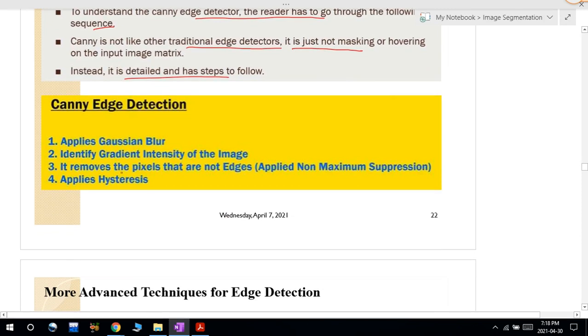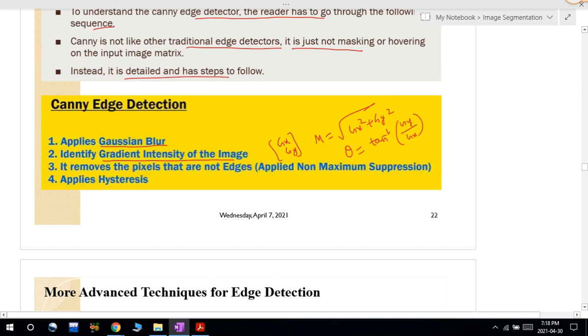I can say it is the Canny edge algorithm. First I need to apply a Gaussian blur, so the Gaussian filter is applied. After this I will find the gradient intensity of the image. The gradient operator is nothing but a first order derivative, so I can use the Sobel operator or Roberts operator or anything. For gradient intensity I always find the gx, gy values, that is dou f by dou x and dou f by dou y. After that I find the magnitude using this formula, square root of gx square plus gy square, and I find the direction using this formula. Whenever there is a gradient, you have to use these formulas.